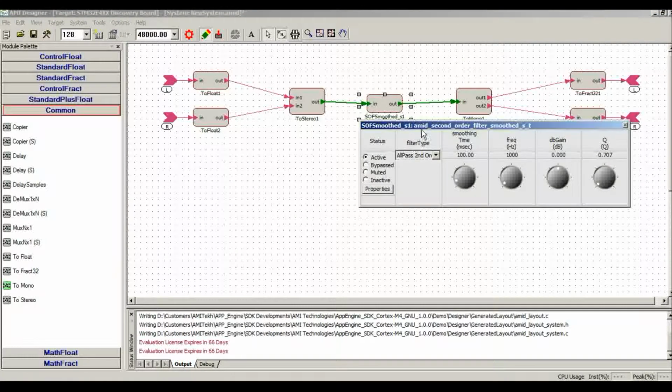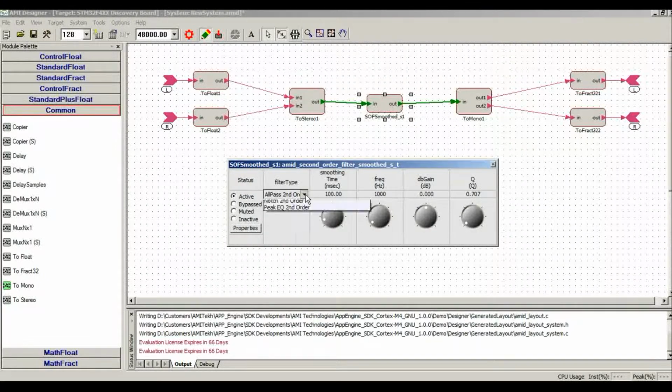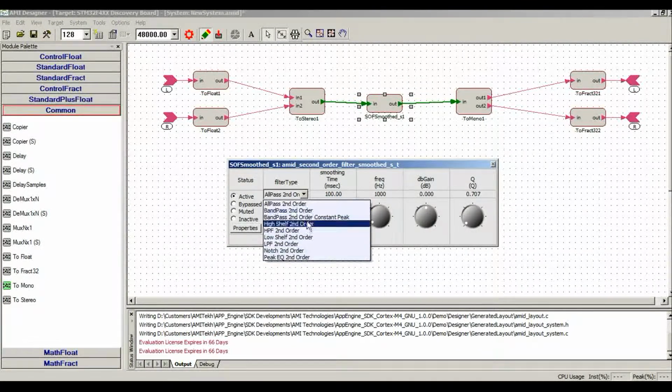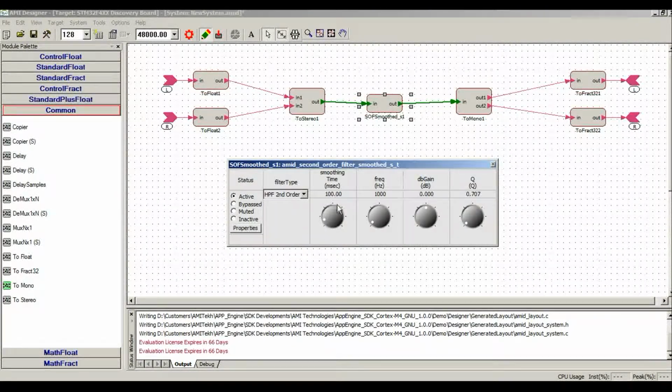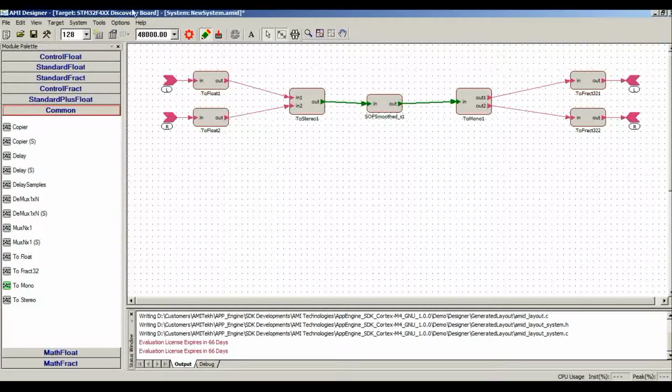Let's look at the module also in the same manner as whatever we discussed, the filter type. So you have the drag and drop here. You can select the high pass filter and set the smoothing time, and what is the cutoff frequency that you would like to set, and then what is the gain that you would like to set, and then the Q factor that you would like to set, and say done. So this will be automatically set, and then the designer will take care of reading those settings and then generate the code for you. So each module will have this kind of inspector. So the user can basically set those parameters graphically and then generate the APIs for it.